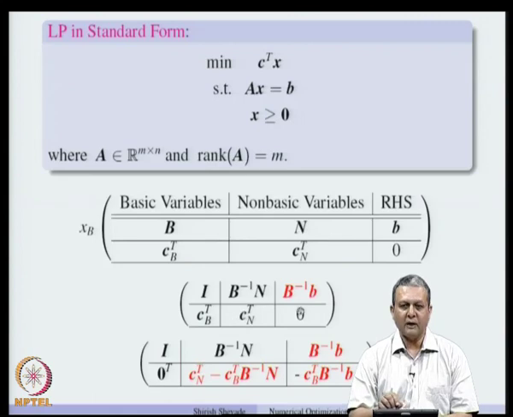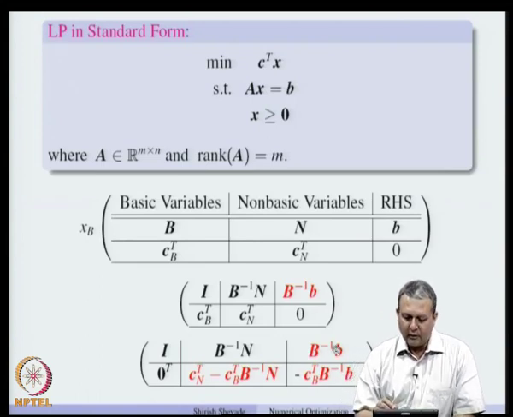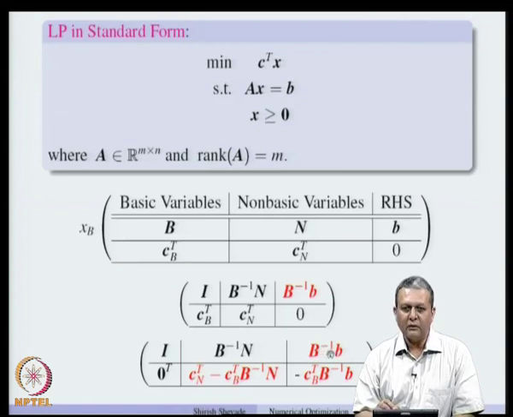The last row remains unchanged, and then what we do is pre-multiply the first m rows by c_B transpose and subtract it from the last row. So, we get 0 here, and c_N transpose minus c_B transpose B inverse N, and minus c_B transpose B inverse b. So, you will see that B inverse b gives us the current basic variables,